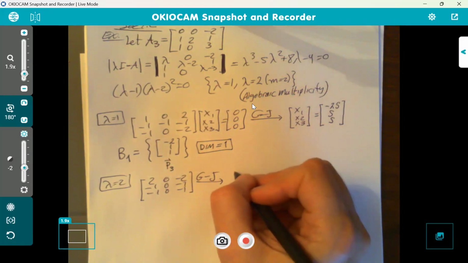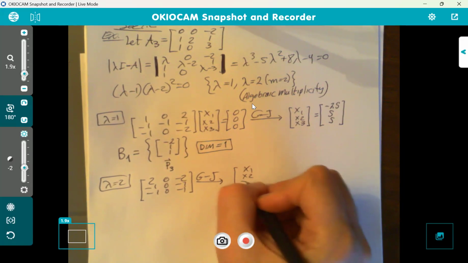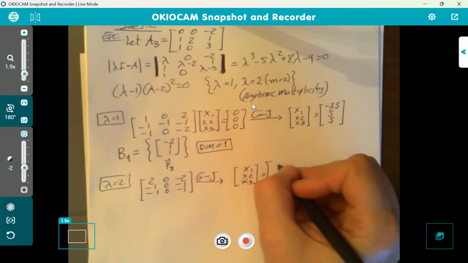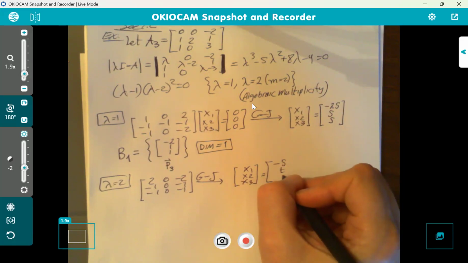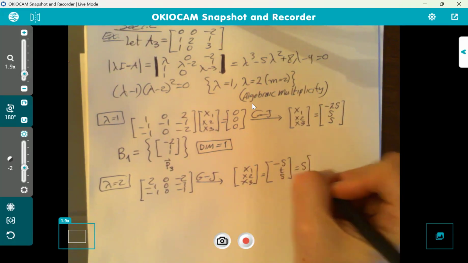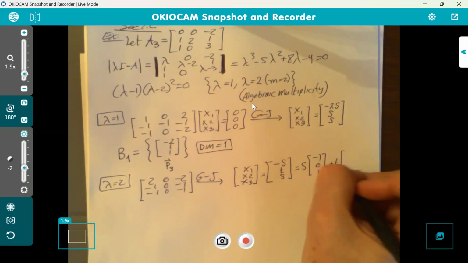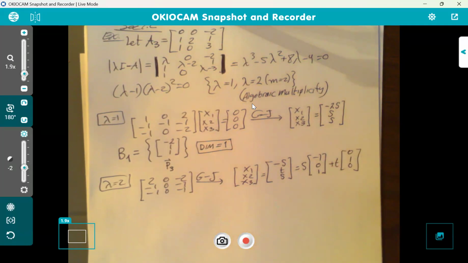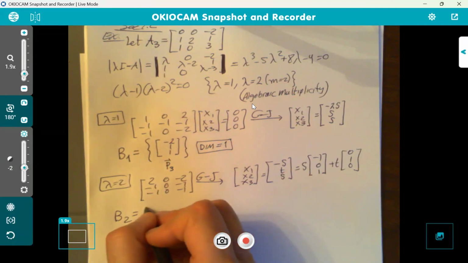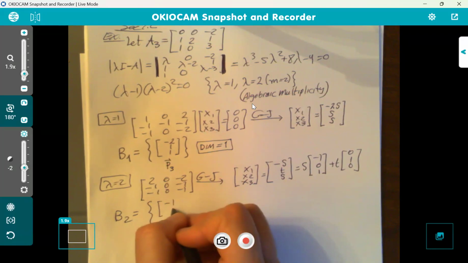The solution ends up being x1, x2, x3 equals, for this, I got negative s, t, and s. So I actually end up with 2 eigenvectors for this one. Okay, so my second set, these are the basis vectors, is going to be negative 1, 0, 1,